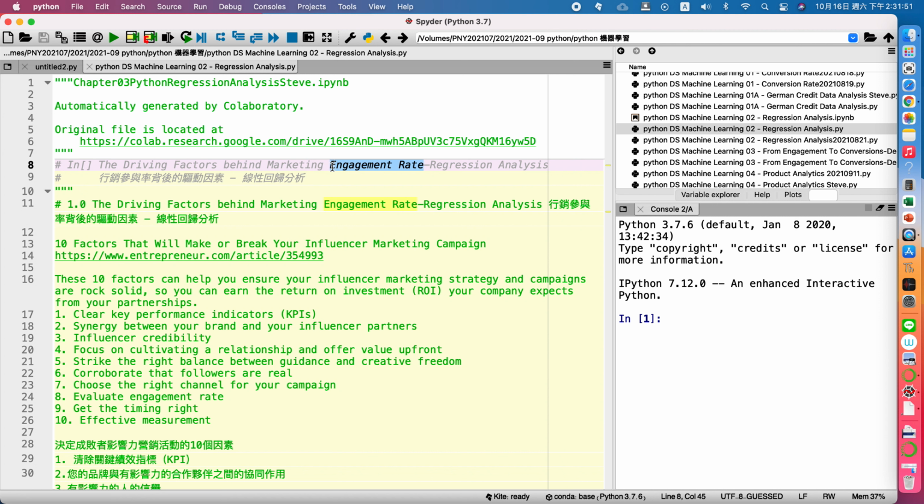They call that engagement. So in this course we have to calculate what the driving factor is for our engagement rate. So we should use linear regression analysis. Okay, in Chinese we call it 线性回归分析. That's for our